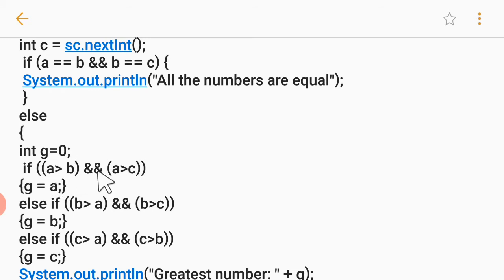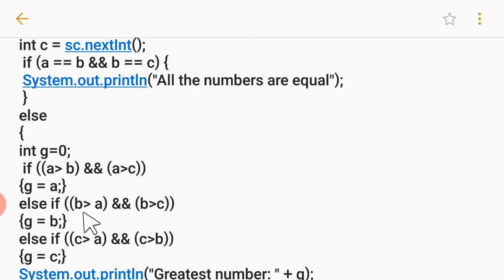After that there are three conditions to be written, because I have to check first for a, then for b, and then for c, which is the greatest. So what I write here: if a greater than b and a greater than c, right? So the AND operator again, because both sides must be true. Then if it is true, a will be the biggest number, so g will have a.